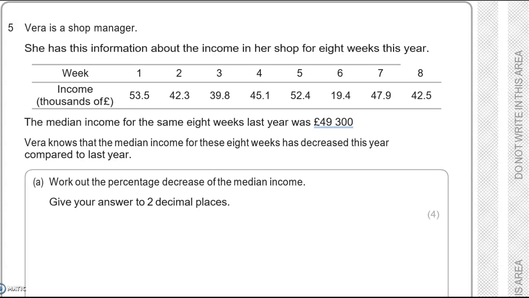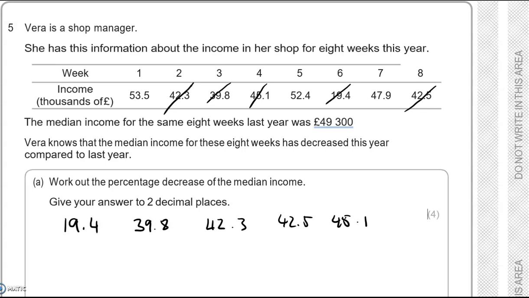So what is the median? We're going to put them in order and find the middle value. I'm going to order them from the smallest to the largest, but it doesn't really matter which way you go. So 19.4, and then we've got 39.8, and then we've got 42.3, then we've got 42.5, then we have